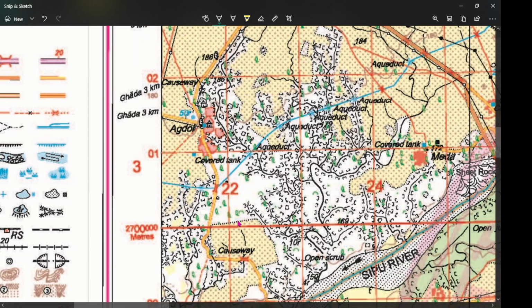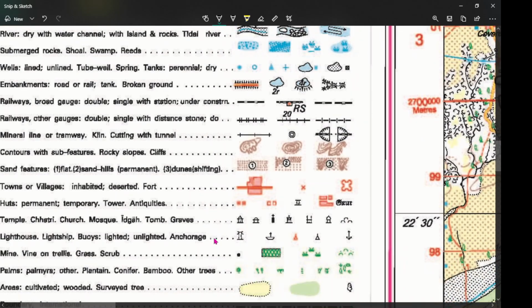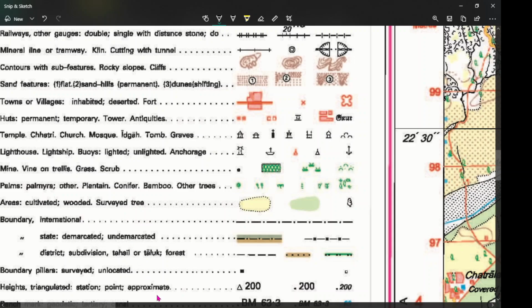You can mark these as well. Cultivated areas, and then we have